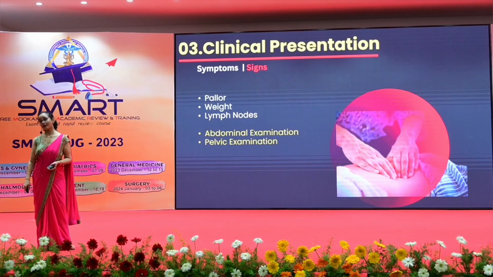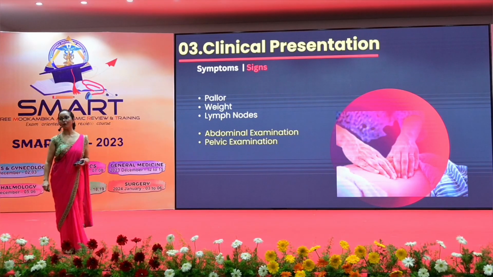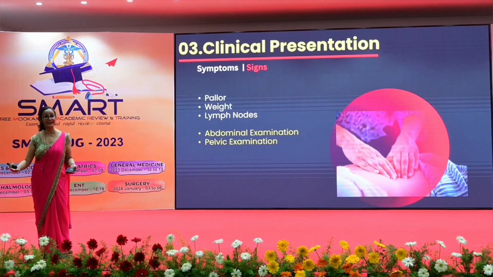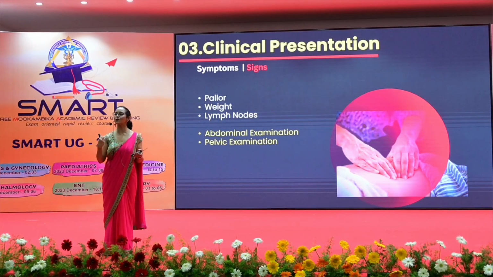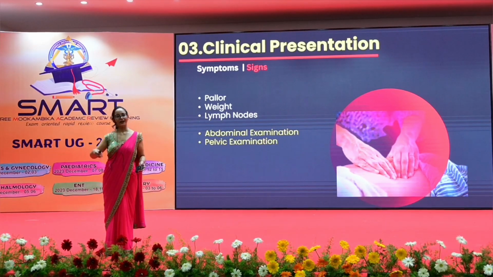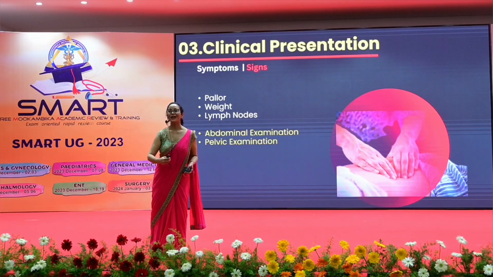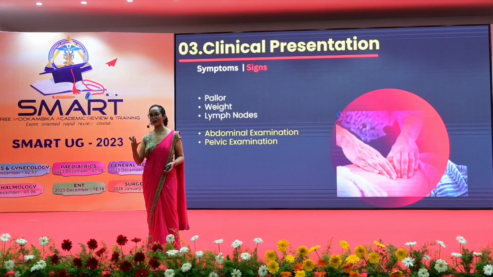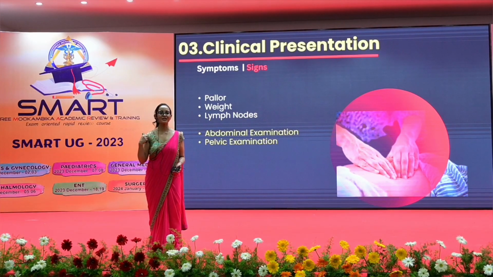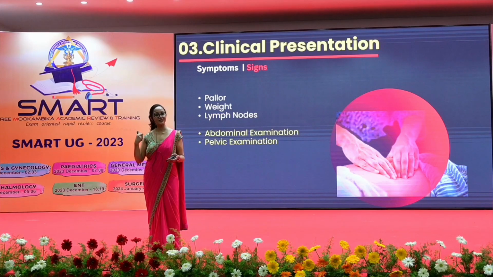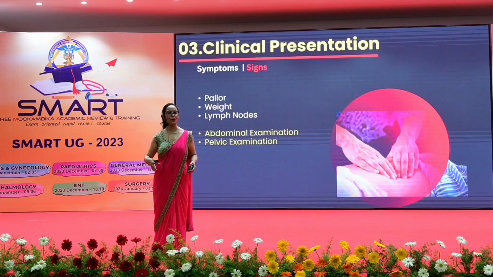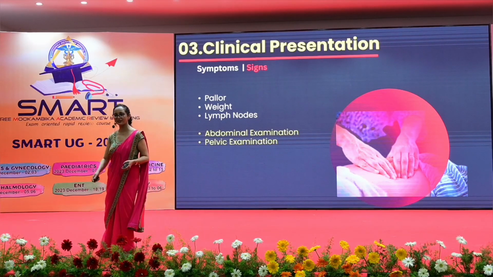Then weight. Tell me, in ovarian malignancy especially, will weight be less or more? There will be a history where the patient will say, I have gained weight or I have reduced. Actually, the patient may be losing her tissues because of malignancy, but gaining because of huge ascites. Okay, now this question is for PG. What specific question will you ask? We discussed it before. Weight gain and weight loss will be a problem if you ask. You have to ask the lady if her garments, blouses, are getting loose and lower pants are getting tight. Because she has abdominal distension, but actually she is losing weight. Later she will explain that.